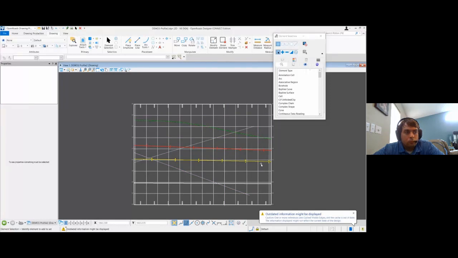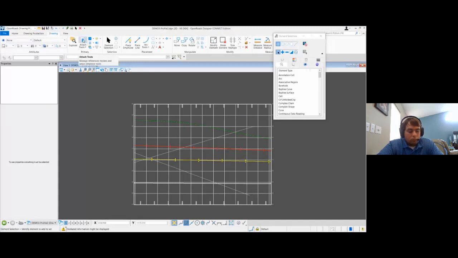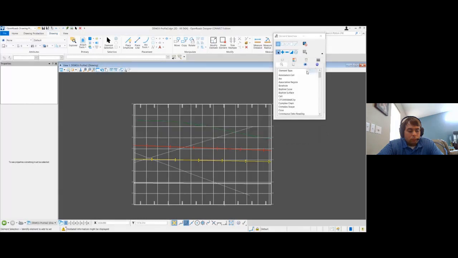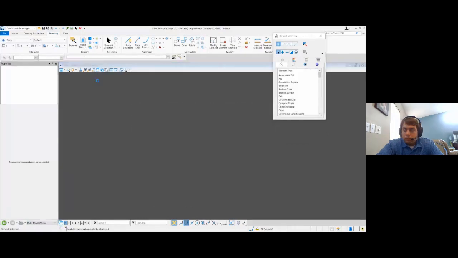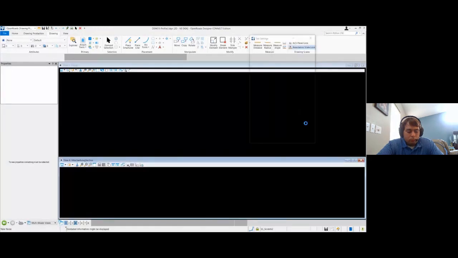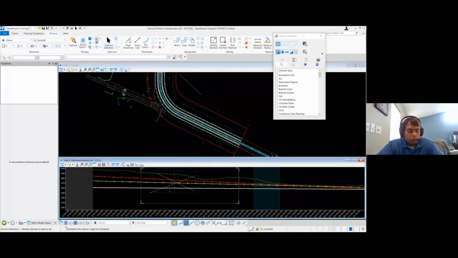Okay. So now, what if I want to control the level display? So this is where it's a little different from the plan view. So in the plan view, when we were using the display overrides set to never, we were just going to our container file and just turning the level off.